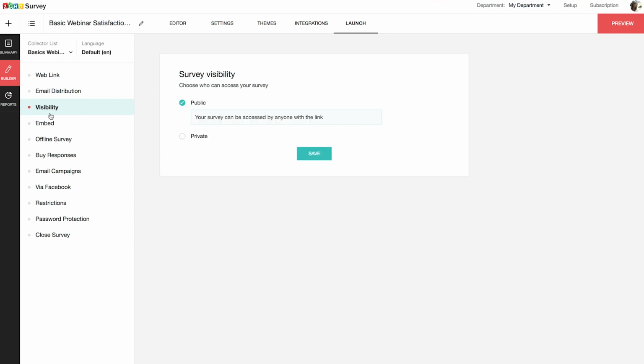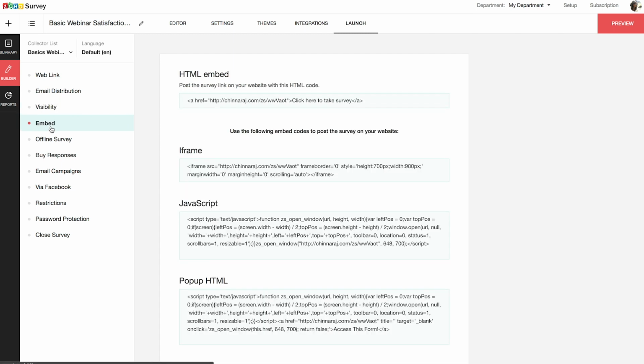This feature is useful for people who have registered as an organization with Zoho. You can refer to the advanced webinar again for a more detailed look into this feature. Another way is to embed the survey on your website. You can simply insert the HTML, JavaScript, or iframe code we have listed here into your website's code to see